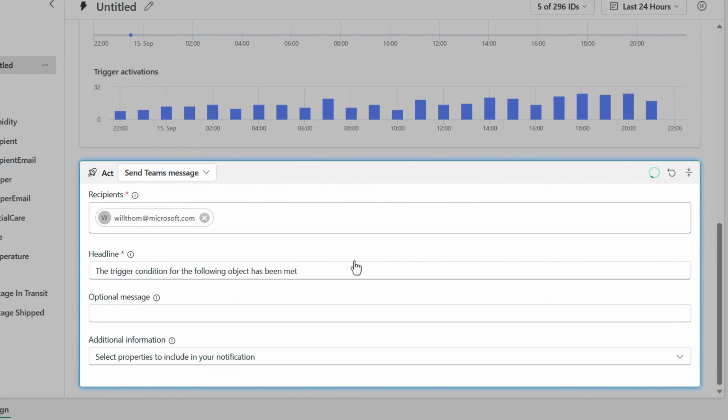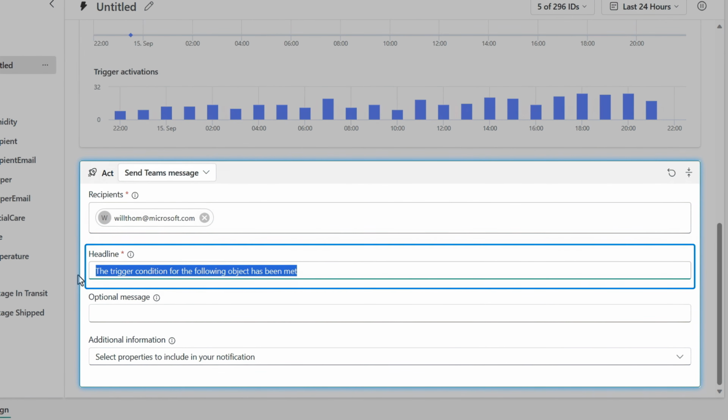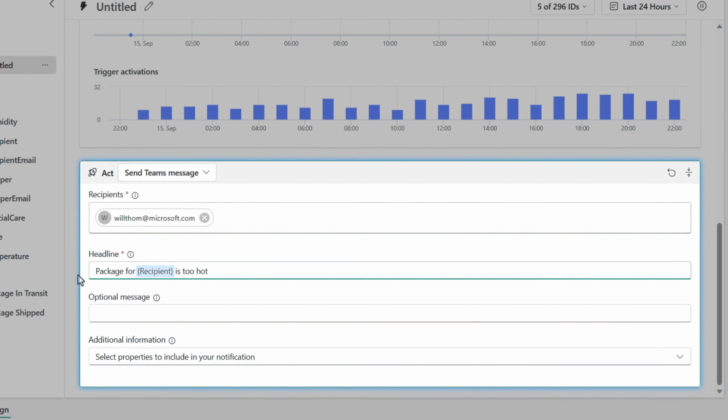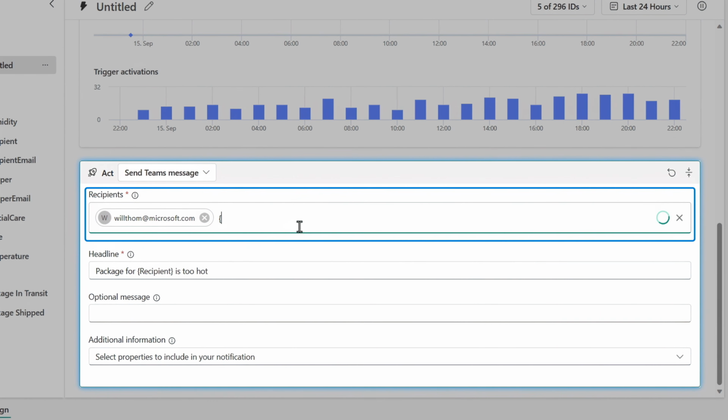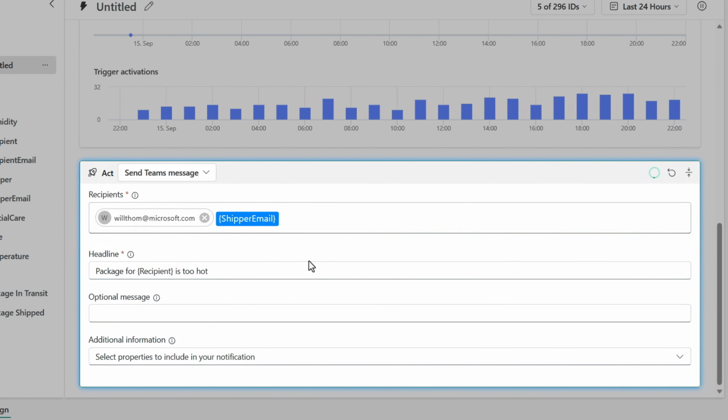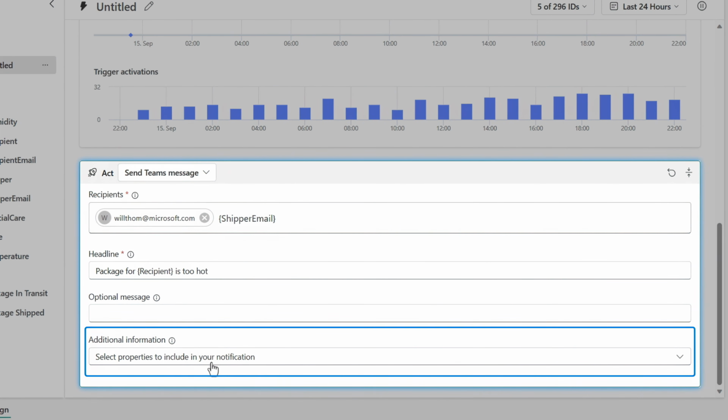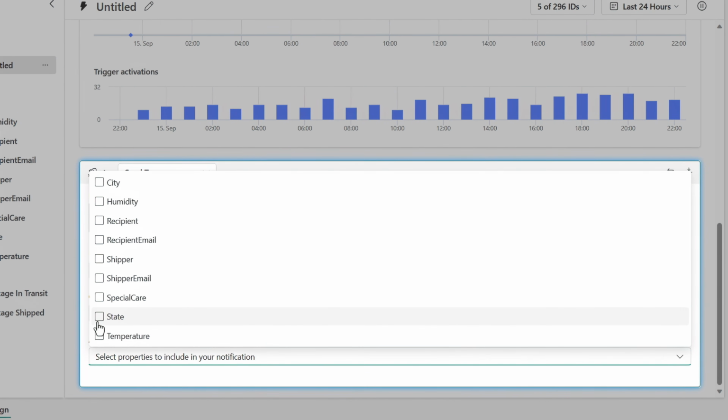It populates with my information, and I can enter a headline, so I'll paste one in. And you'll notice I've used curly braces here to specify properties or values from the event, like the recipient of the package. I can even route the messages to someone dynamically based on values in the events, like the shipper email. Then I can specify any other information to include in the message to help give context about what's caused